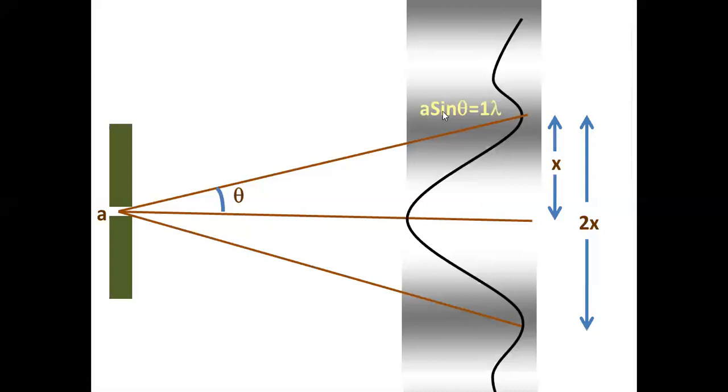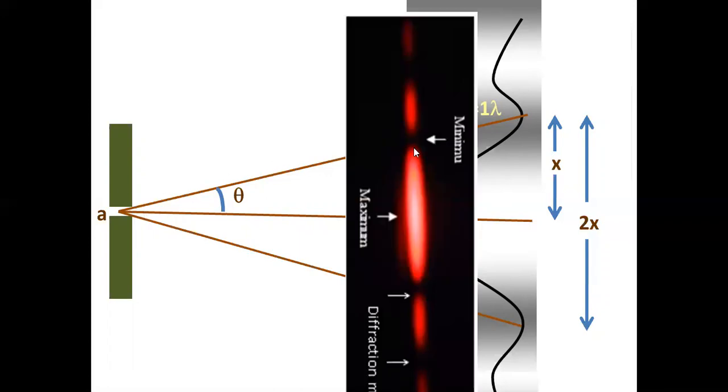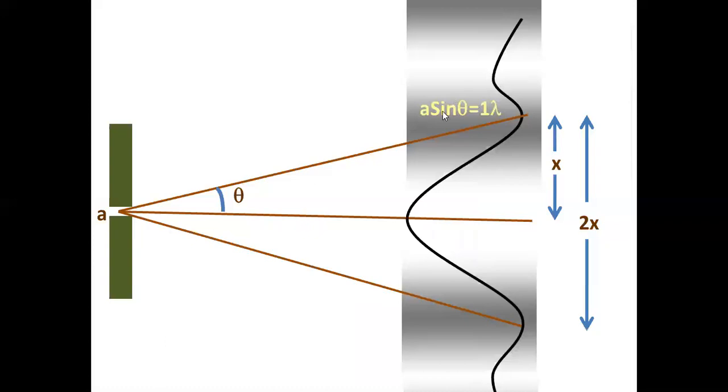Okay, so if a sin theta is equal to 1 lambda up to the first dark fringe, I am calculating only this part of the theta, then I can make it 2 theta. I am finding the angular width of the central maximum. So when you look into the central maximum from here, how much angle does it create in your eyes? That's what I am doing. If a sin theta equal to 1 lambda, and this theta is very, very small, and you know that angle of diffraction, you can't expect the laser beam to diffract by 90 degrees, 60 degrees like this. It diffracts by a very small angle.